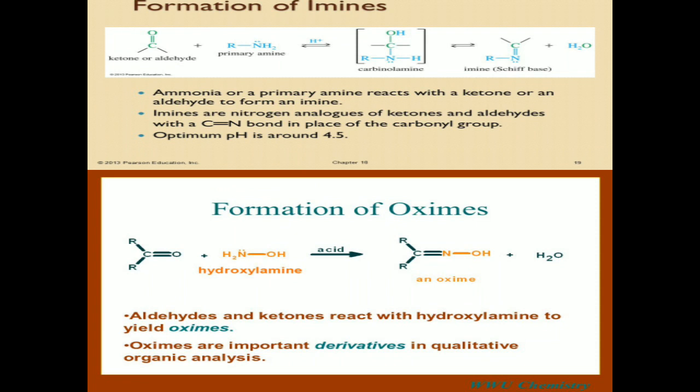Today we are going to deal with the nucleophilic addition reactions of carbonyl compounds with ammonia derivatives. First one, whether aldehyde or ketone reacts with primary amine as RNH2,